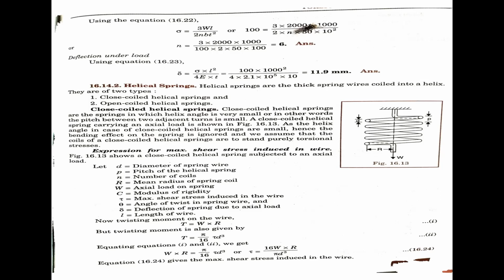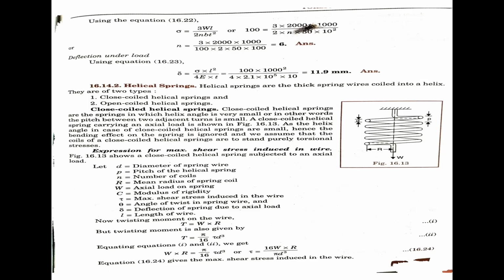Now the twisting moment on the wire, capital T, equals W into R. This is the load into radius. Axial load into radius, that is the twisting moment. Moment means force into distance. Capital T equals load into distance, distance capital R, the radius. But twisting moment is also given by capital T equals pi by 16 tau into d cube for